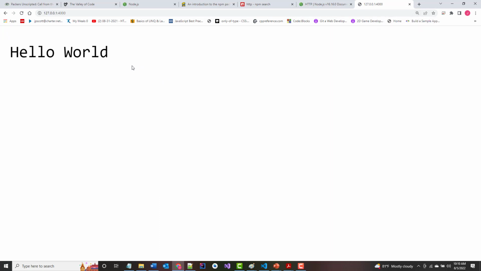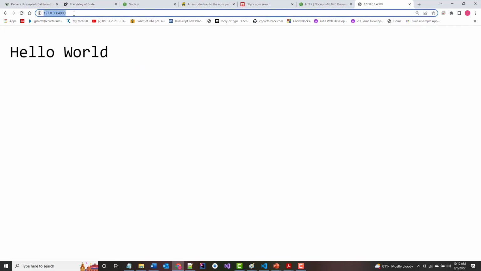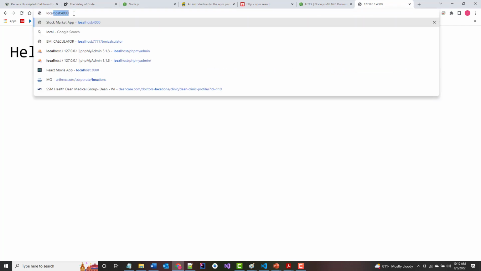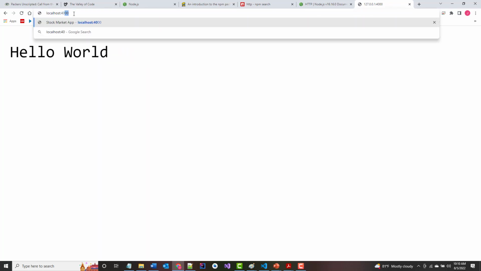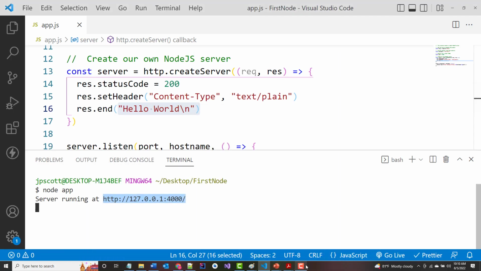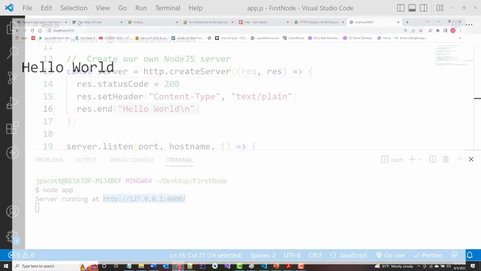Now, if that's too much, you also can typically just put in here localhost colon and then your port number and hit enter, and you get the same thing. All right. Now, was that very grand? Was that very glorious, etc.? No. Now I'm at 25 minutes, but rather than stopping right here, I'm going to jump back in